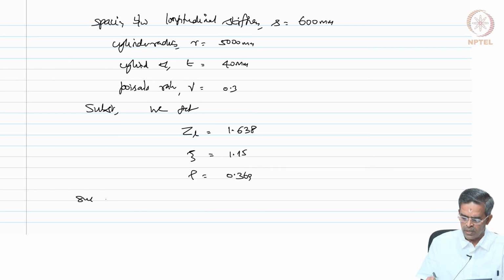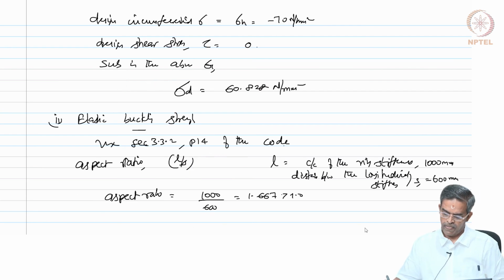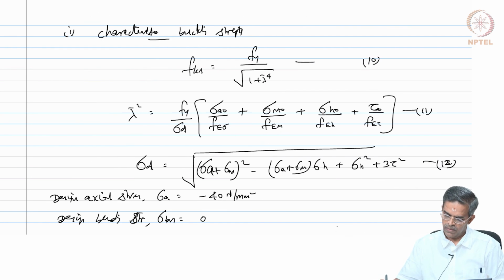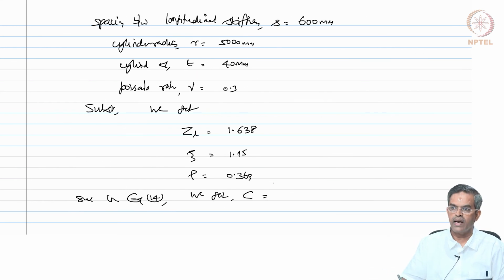So, substituting in equation 14, we get C as 4.022. Therefore, the characteristic buckling strength is given by